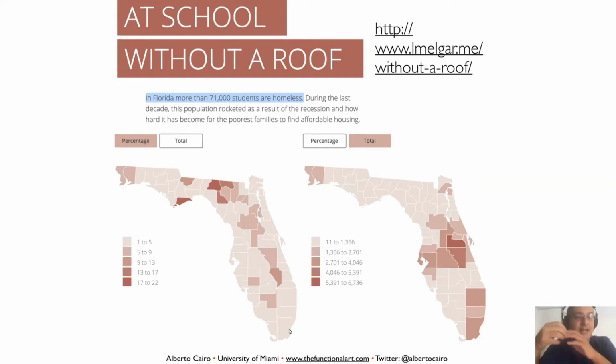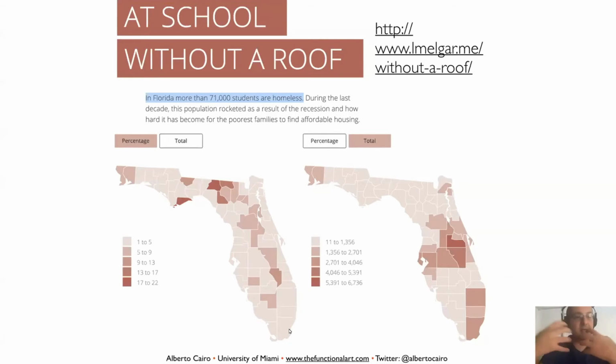For the state of Florida, a homeless person is simply someone who doesn't have a permanent home. So if a student, for example, needs to change homes 2 or 3 times a year, perhaps her or his parents are divorced, and then the student needs to go live with her father, then with her mother, and they need to change homes several times throughout a year. That student always has a roof over her head, but at the same time, she's homeless. She will be a homeless person just because she doesn't have a permanent home.